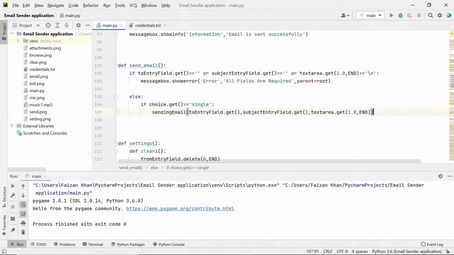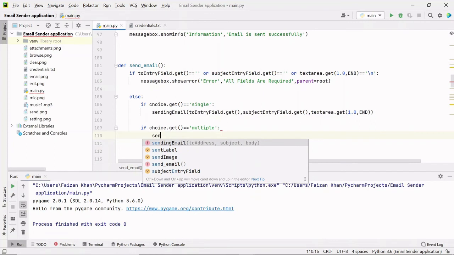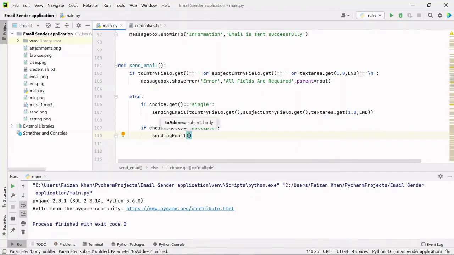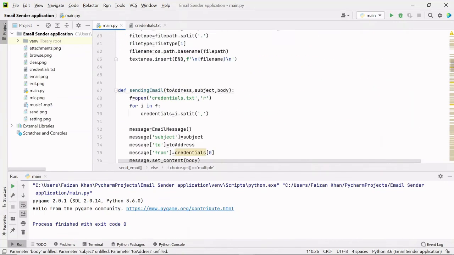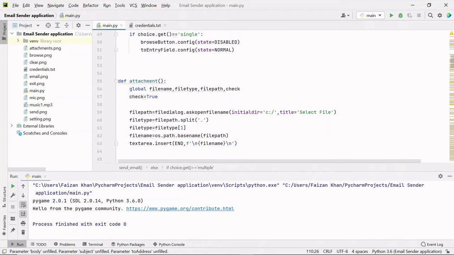And now in the same way we will check if choice dot get equals to multiple. It means if multiple radio button is selected, then again we will call the same function sending email, and this time we have to pass the emails which are inside that final emails list, right?